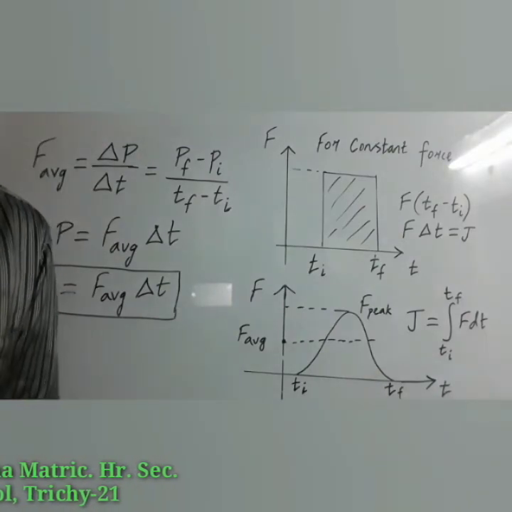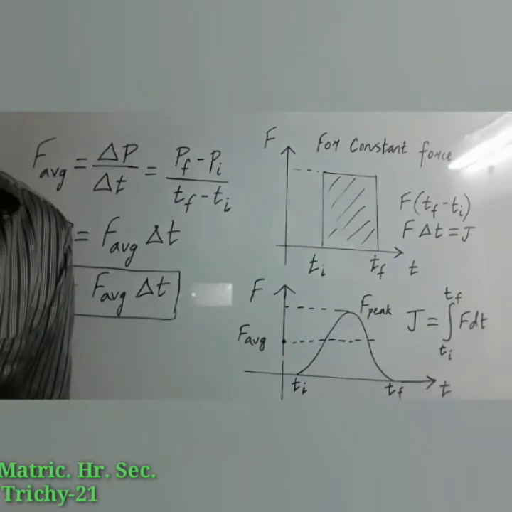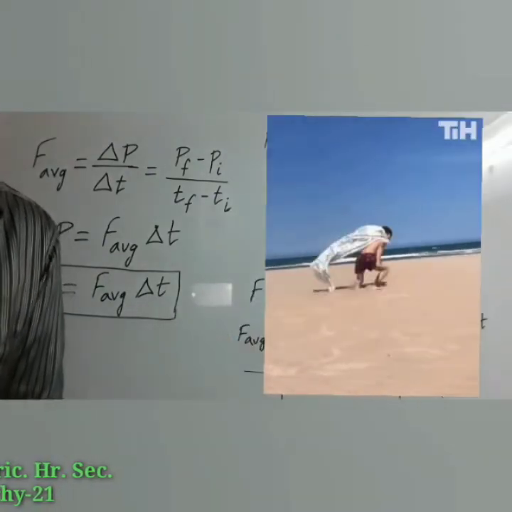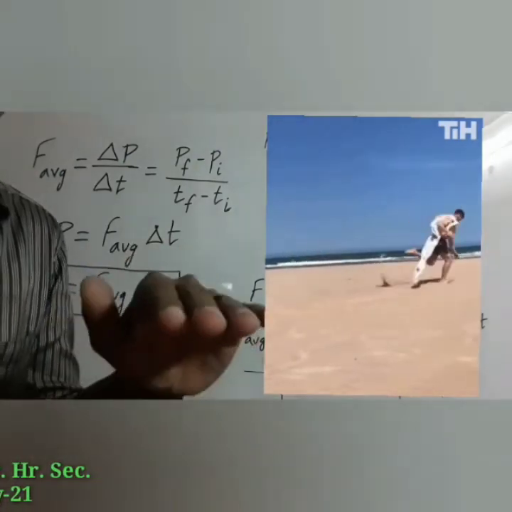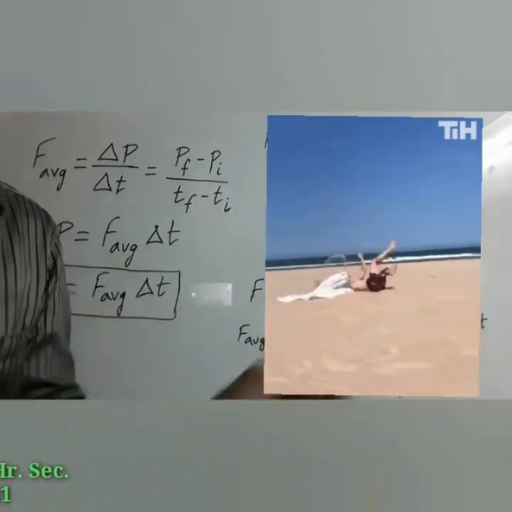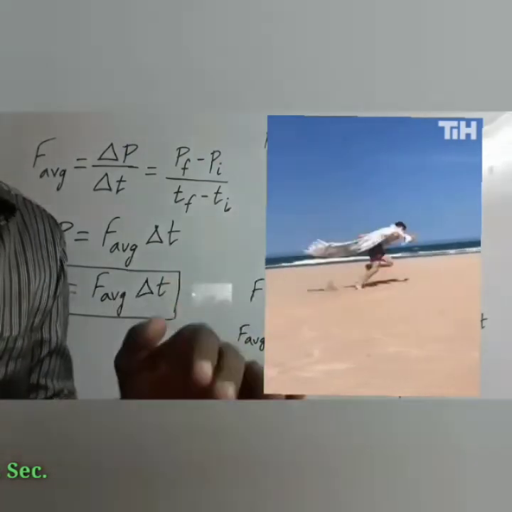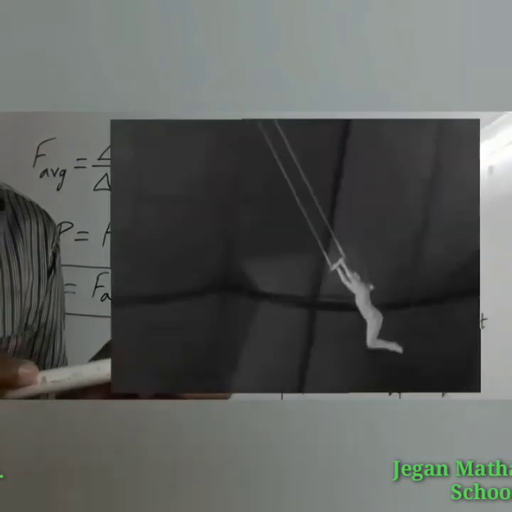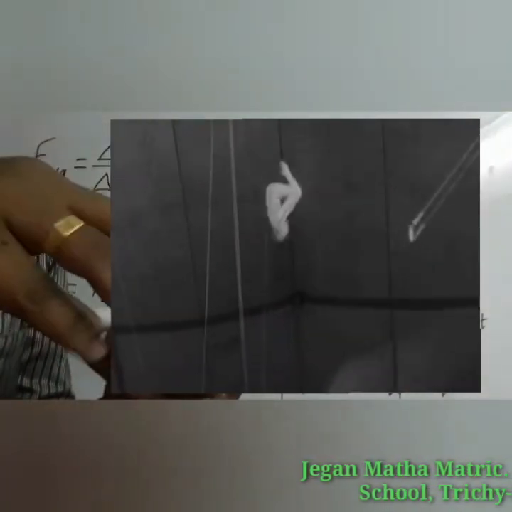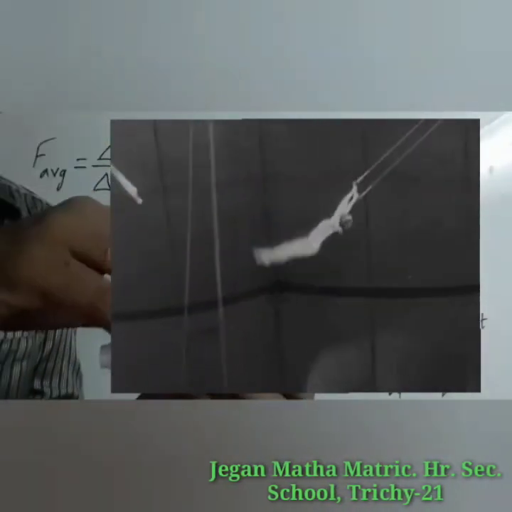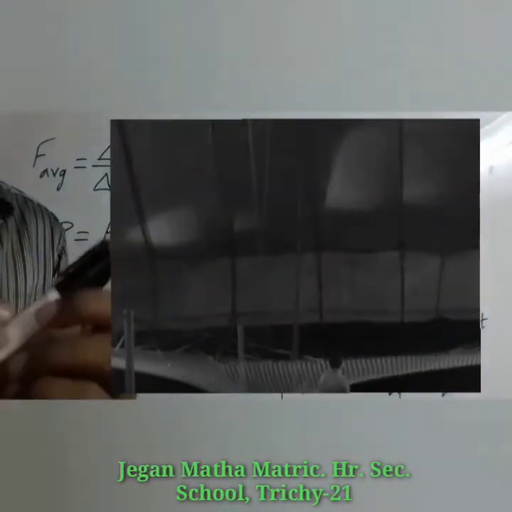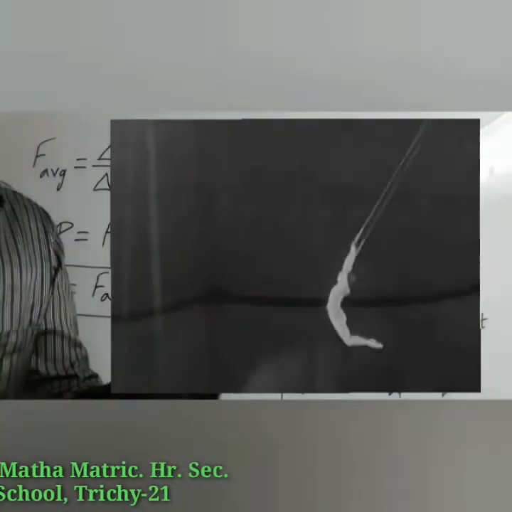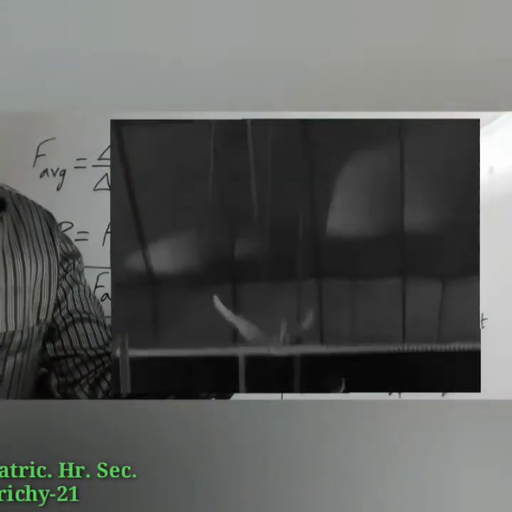The last illustration: jumping on a concrete cemented floor is more dangerous than jumping on sand. Sand brings the body to rest more slowly than the concrete floor, so that the average force experienced by the body will be lesser. Likewise, in the circus, performers fall on the net, so that the net brings the body to rest slowly. If there is no net, there is only a floor, which will lead the performers to severe injury.